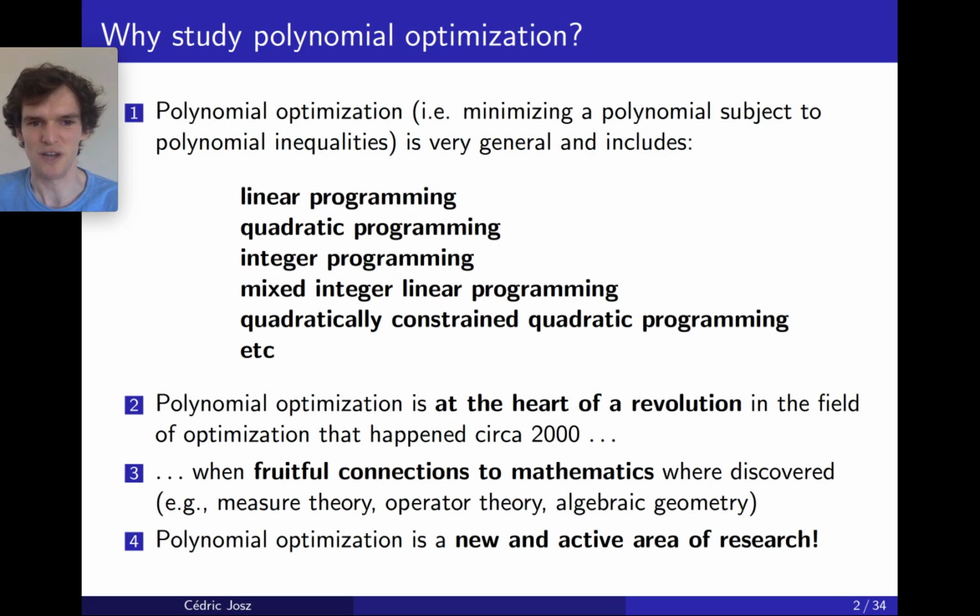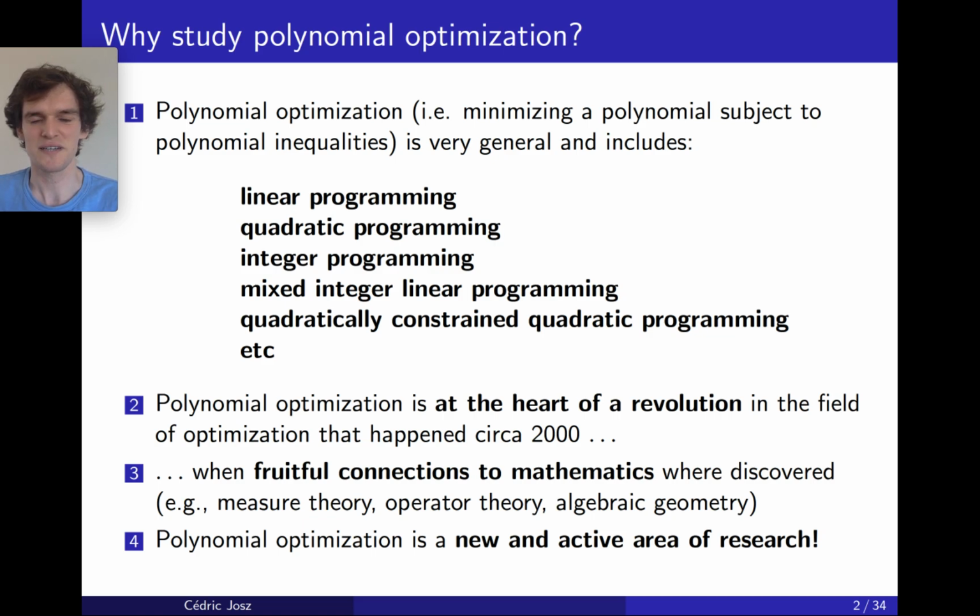Then we also have quadratic programming, which is minimizing a quadratic function subject to linear constraints. Also a special case: integer programs, and mixed integer linear programming. And then also more complicated things like quadratically constrained quadratic programming. So as you can see, a lot of problems in OR, operations research and industrial engineering, fall into